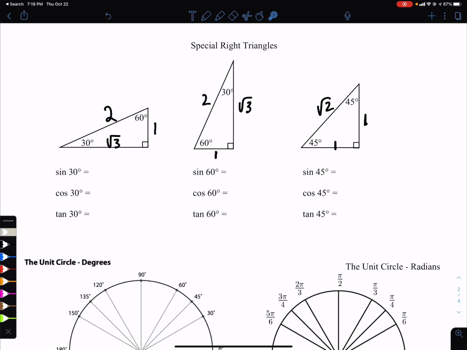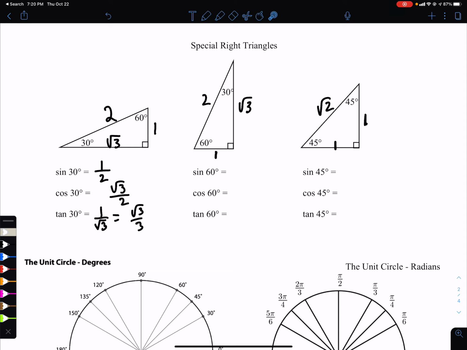From that, you can get the sine, cosine, and tangent of these very easily. So I will do those for you. So we know sine is opposite over hypotenuse. Cosine is adjacent over hypotenuse. And tangent is opposite over adjacent, which is equivalent to radical 3 over 3 if you rationalize that. But I just want to say something. Instead of thinking opposite